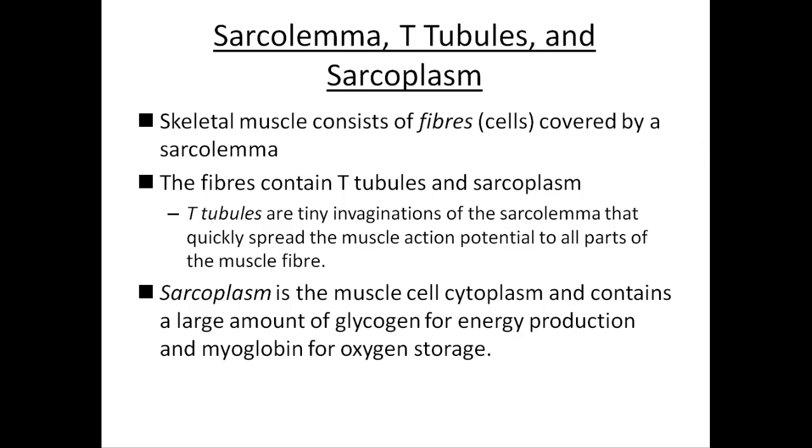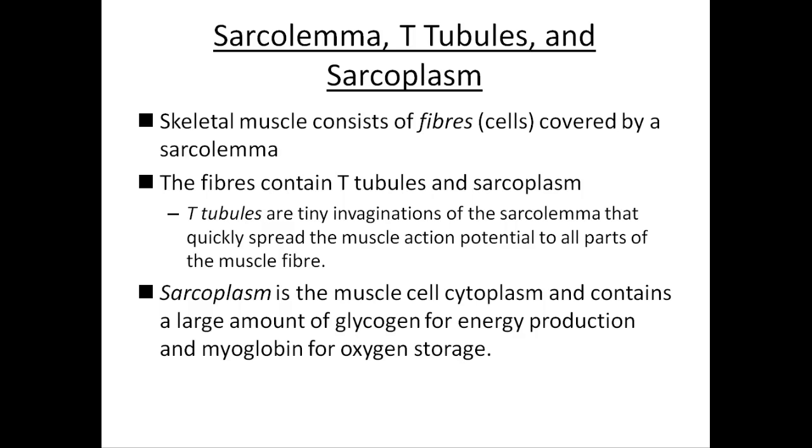Okay. So the sarcolemma, the T-tubules, and the sarcoplasm. Skeletal muscle consists of fibers or cells covered by a sarcolemma. The fibers contain T-tubules and sarcoplasm. T-tubules are tiny little invaginations of the sarcolemma that quickly spread the muscle action potential to all parts of the muscle fiber. Sarcoplasm is the muscle cell cytoplasm and contains a large amount of glycogen for energy production and myoglobin